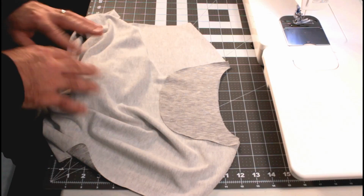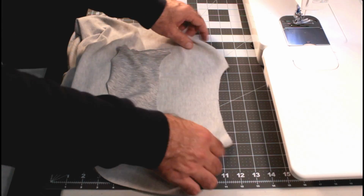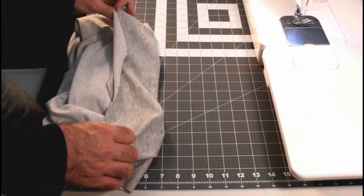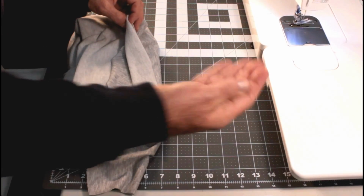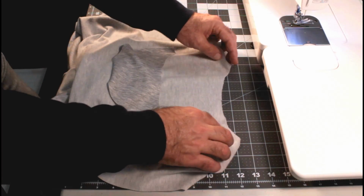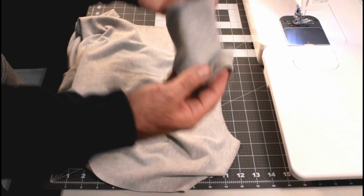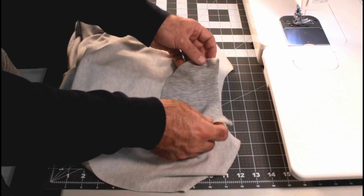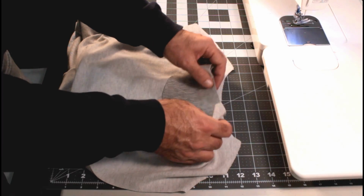Okay, got everything cut out, and the first thing we're going to do is, this is the back, and there's the neckline. Here's the piece that we cut out to go around the neckline. So what I'm going to do is, I always mark the center with a black mark slot, one of the big ones,